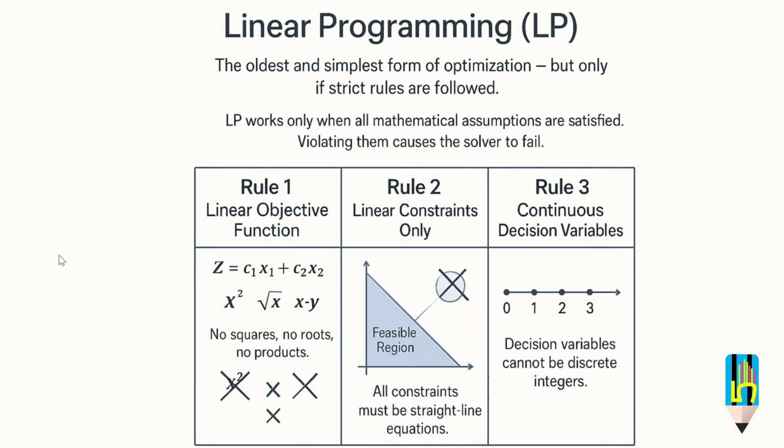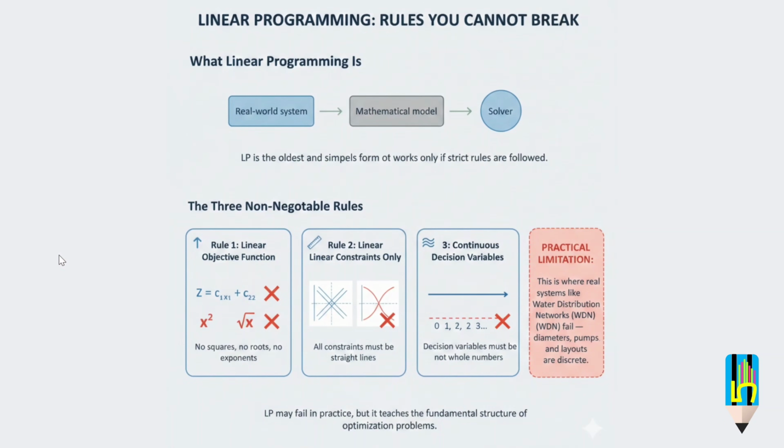But in this method we are just trying to understand the structure of optimization, right? So we will try to linearize everything. We will try to put a linear relationship, that is y equals mx plus c, where m and c are constants and y is dependent on x, right? So here in linear programming we will be looking for the minimum or the maximum of the objective function,